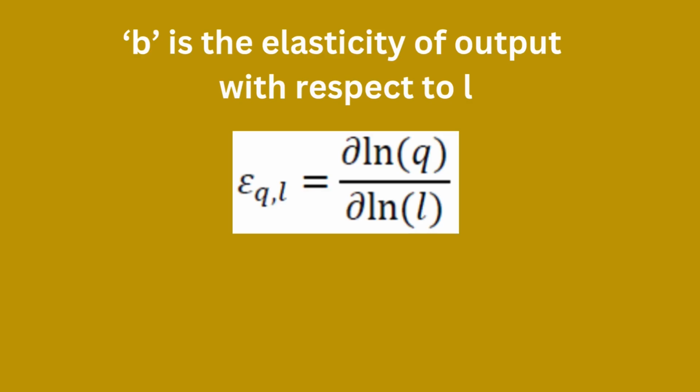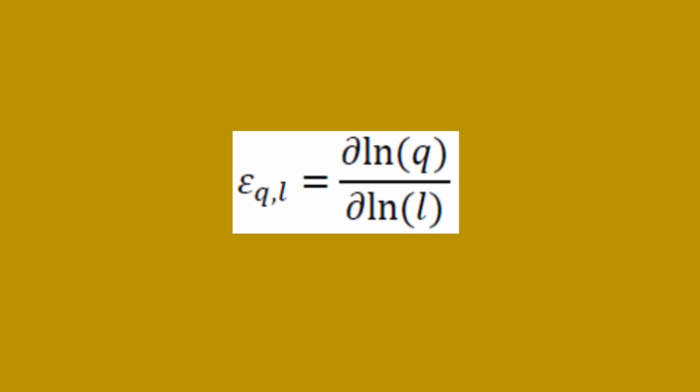The second great feature is that the Cobb-Douglas is linear in logarithms. By taking the natural log of both sides, we get this simple linear equation. This isn't just a math trick, it's a huge practical advantage. The coefficients a and b now have a direct economic meaning. They are the output elasticities, and this makes estimating the function with real data much simpler, and we can prove